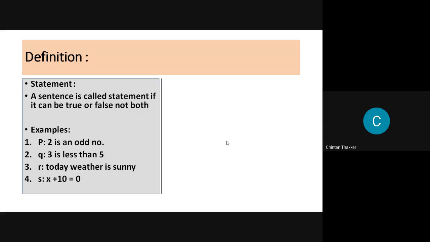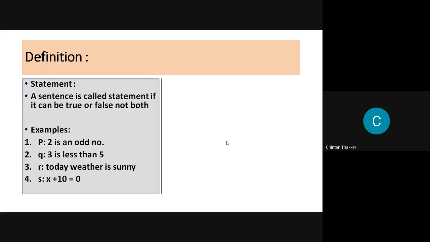Suppose we take x as an integer, then you can give a value to this sentence: if x is an integer, then it is true, because x equals minus 10. So for integers, it is true.